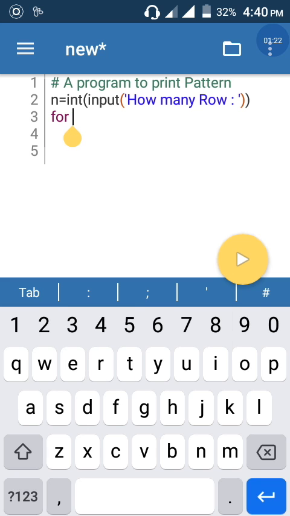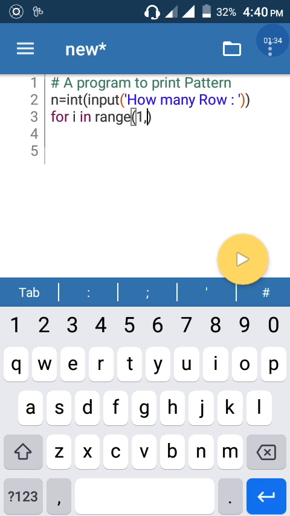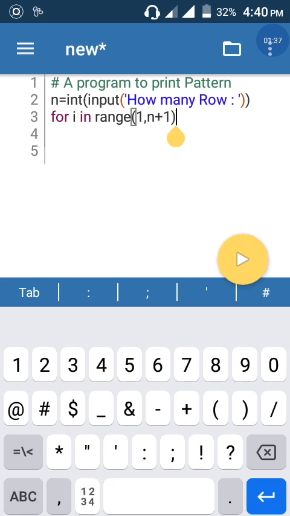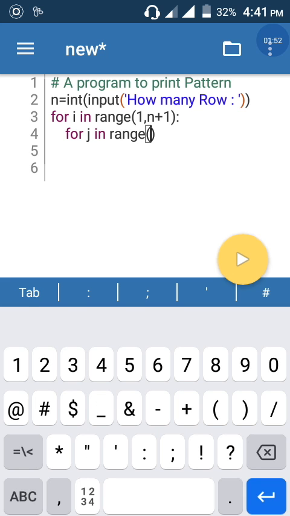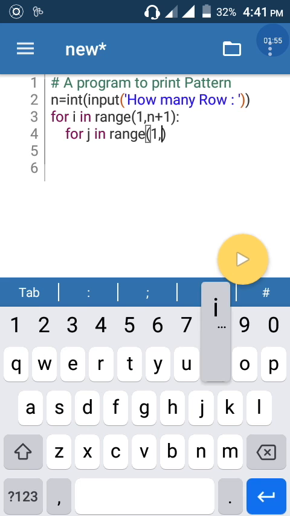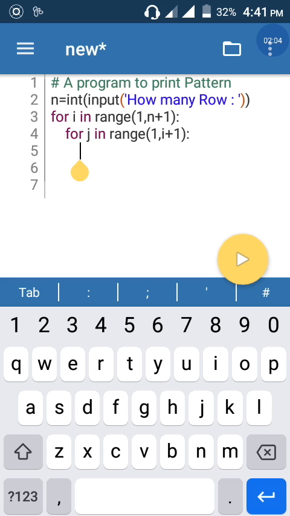For i in range, for i in range 1 comma n plus 1. Okay, then out of the bracket, colon, enter. For j in range, okay, then 1 comma i plus 1, this colon. Okay, print